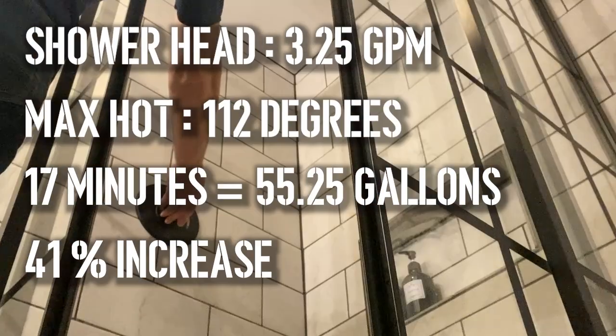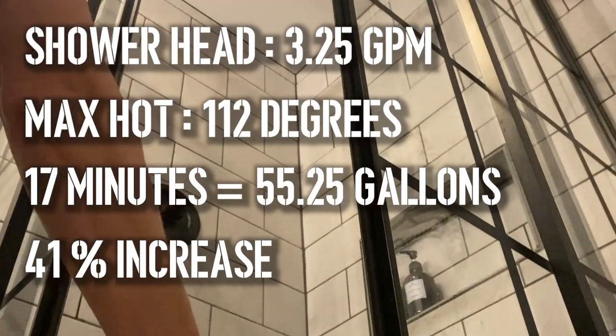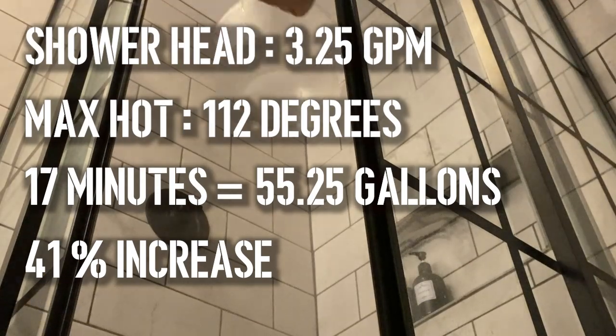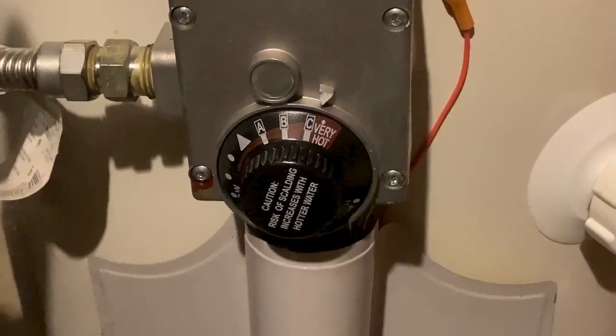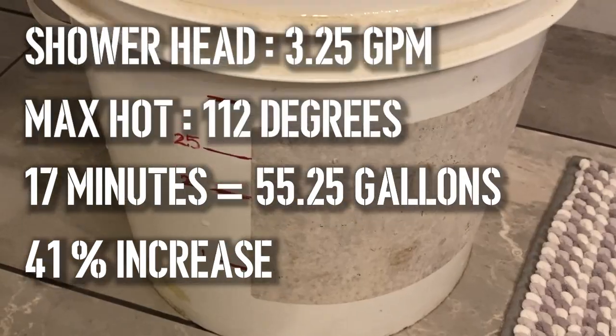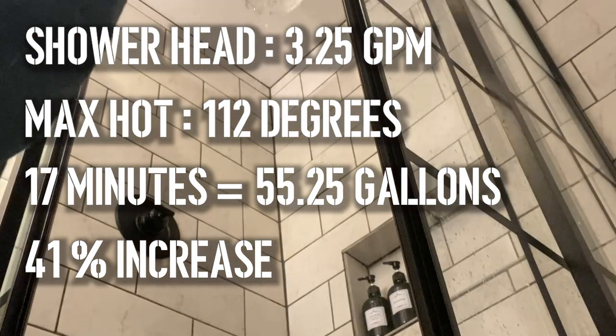So what's the final verdict? Well, this time when I ran it, I got 55.25 gallons or 17 minutes of hot water with that thing pegged as hot as it'll go. That's a 41% increase, and that's giving me more hot water than I had before. Bottom line is you still probably need a bigger tank or tankless system, but this is a cheaper solution to